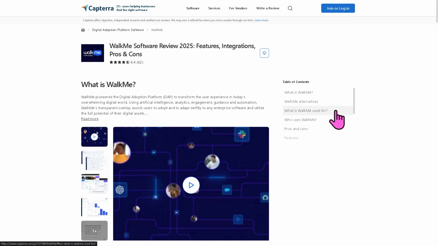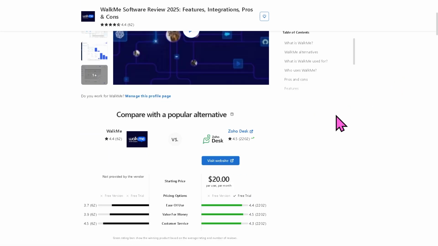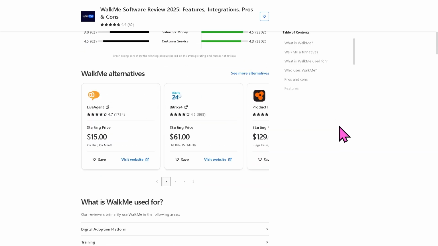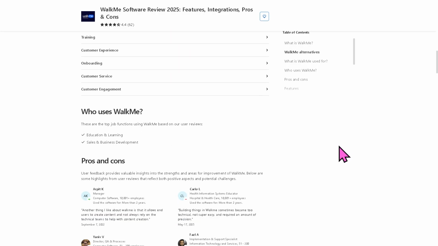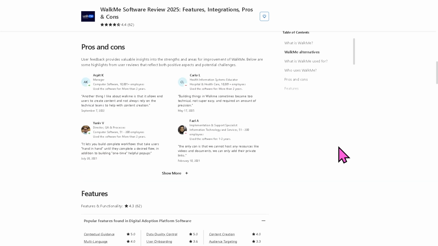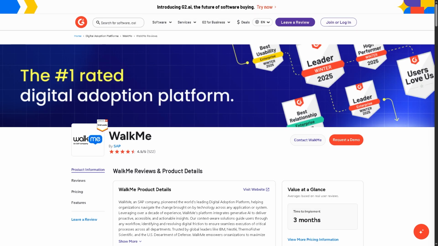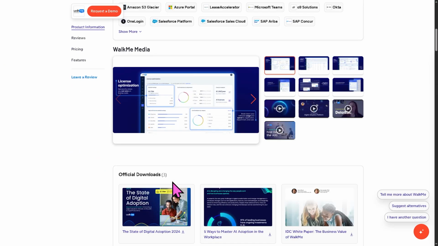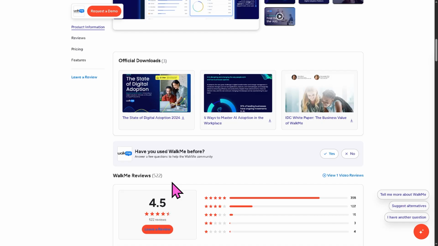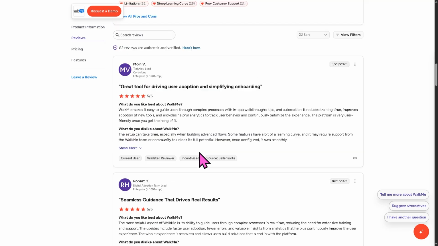Now, if you'd like to explore further, you can also check authentic user reviews, detailed feedback, pricing information, and potential alternatives to WalkMe. You can visit trusted software review platforms like Capterra and G2.com. These sites provide valuable insights from real users, helping you make a well-informed decision that fits your specific needs and